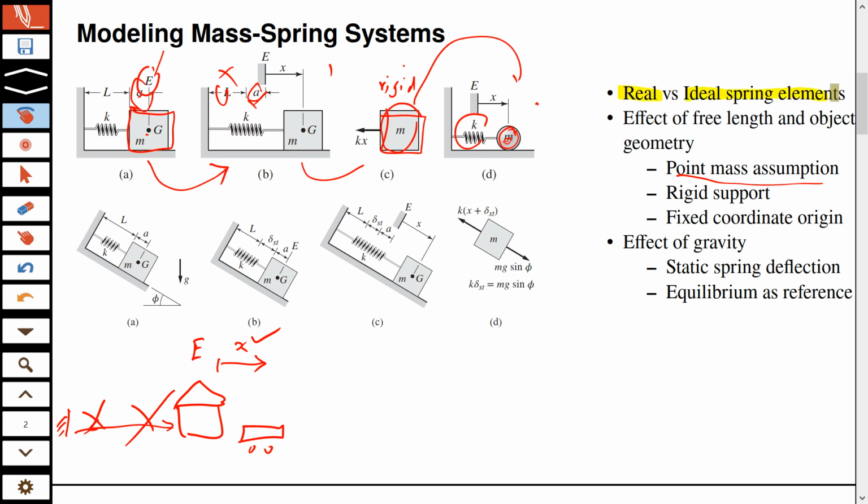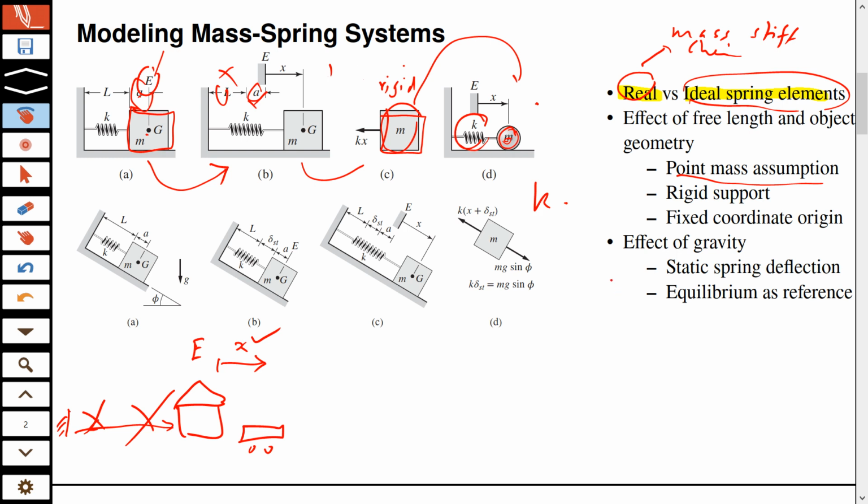elements, okay? There are two things you need to remember whenever you see these diagrams. You need to distinguish between a real spring, and a real spring is much more complicated. It has mass as well, it has stiffness, it may have other chemical and physical properties. But when you say ideal spring element, this ideal spring element has only one property, and that is K, okay? It has no mass, it has no charge, and you can imagine any optical properties,